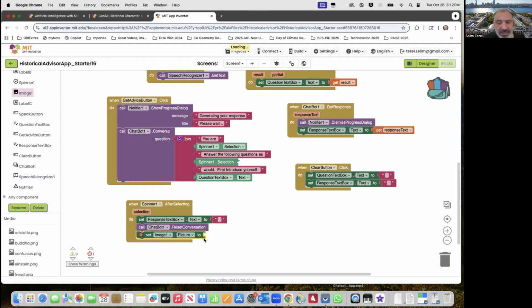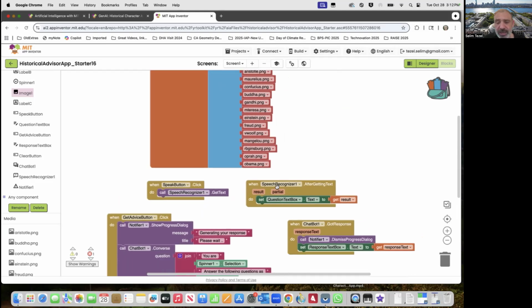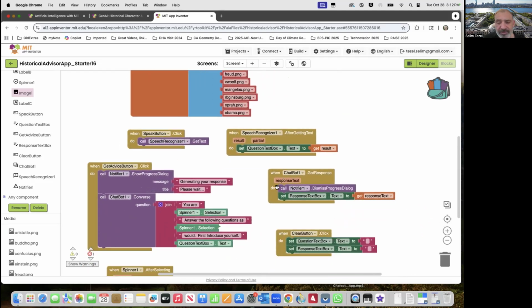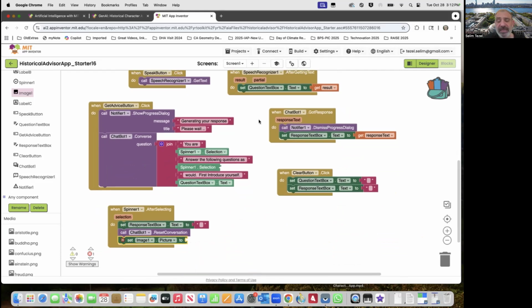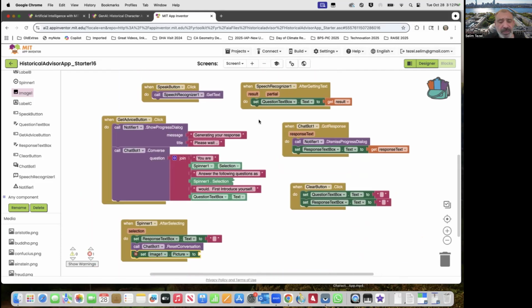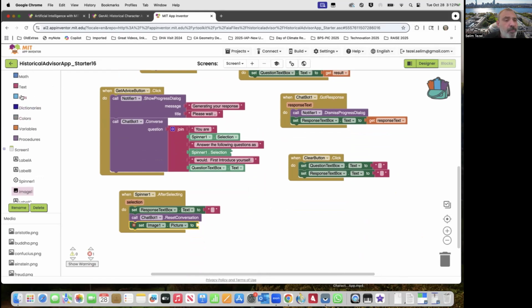Now the question is, how are we going to find which of these photographs I should be pasting for the image? The way we're going to do that is whatever the selection was for the spinner, it should be identical in the photo list. So we are going to do that. And this is really the only tricky part here.